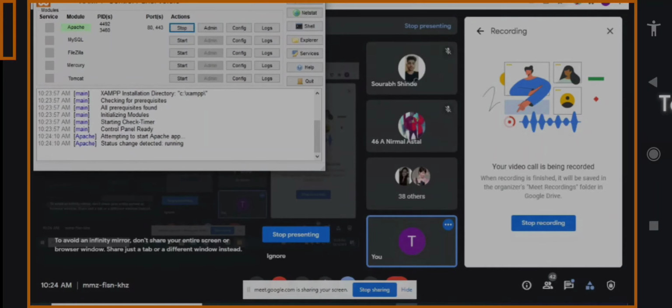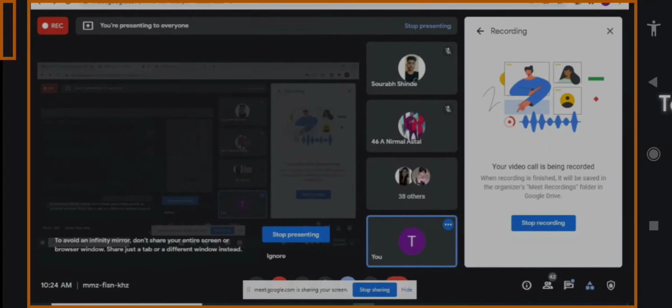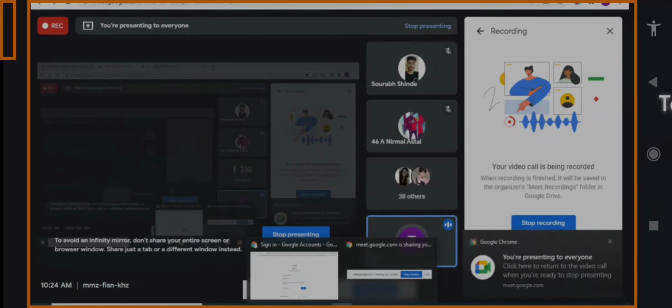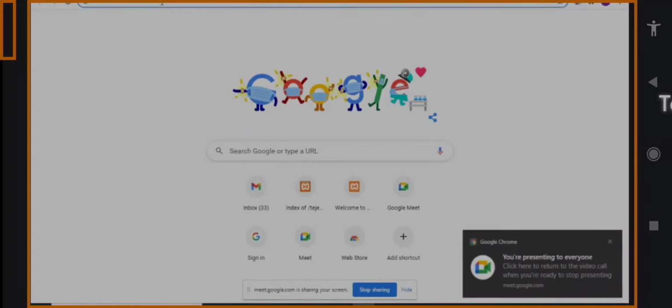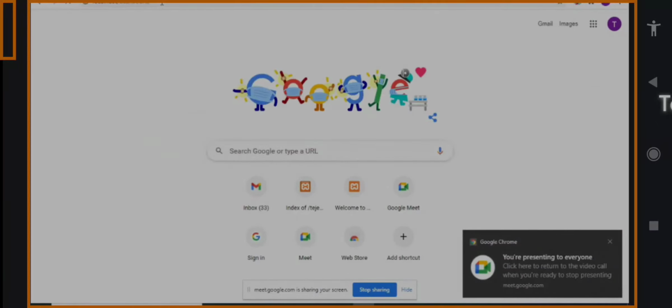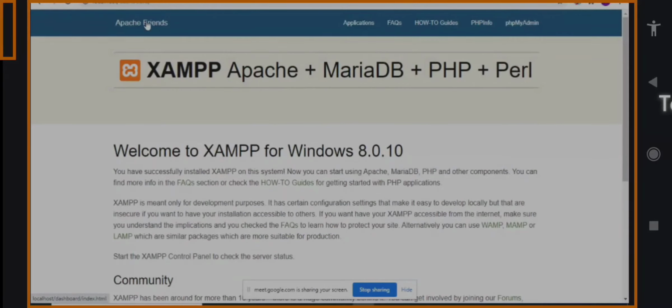Now open your programs or localhost. You can directly open localhost, this is also good. Just type localhost here, and when you type this you get this particular screen.